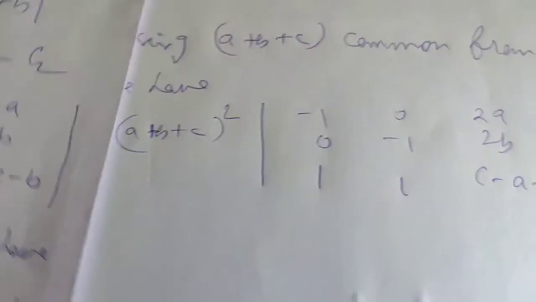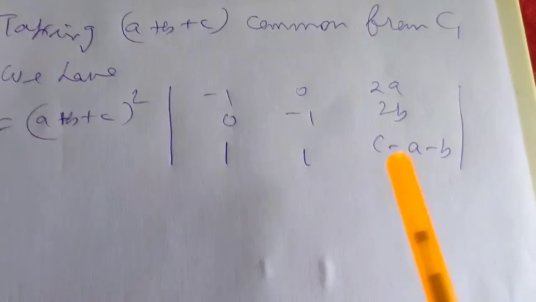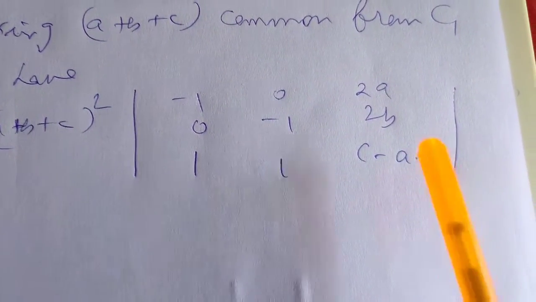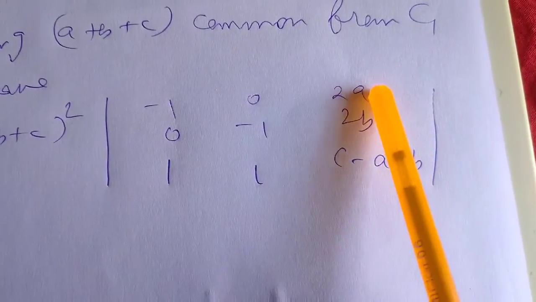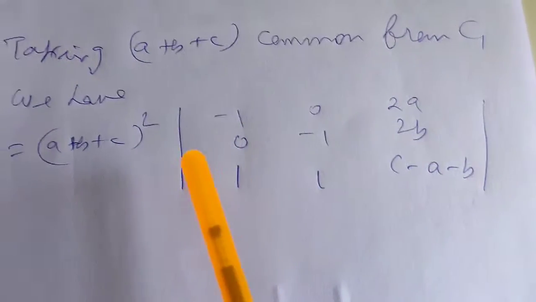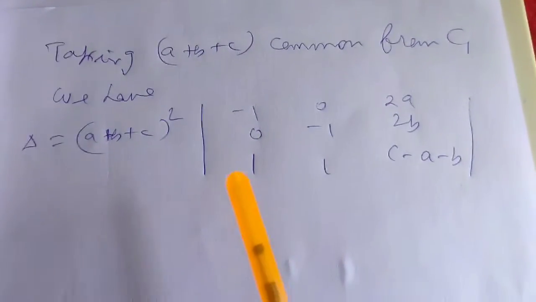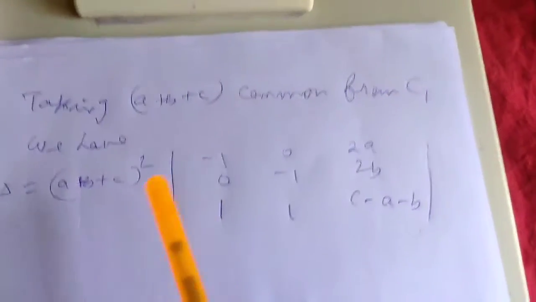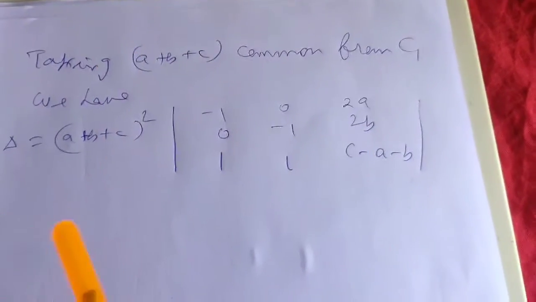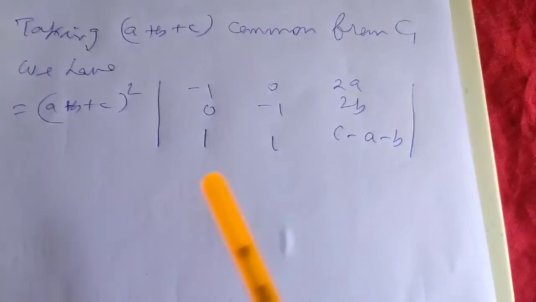Now if you see very carefully, you will see that again we can have a plus b plus c common from that determinant. How can you get it? Observe very carefully. While applying properties of determinants, in the same problem, we can apply the properties of determinants row wise or column wise. There are no restrictions, so we can do it anyway. In the same problem, we can apply some properties along rows and some along columns.